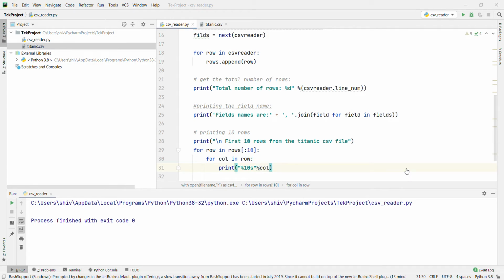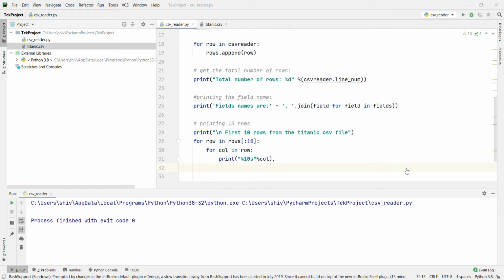Then print a new line. Now we'll go one by one once again. In this example, we are going to read the titanic.csv file, and now we'll go step by step.